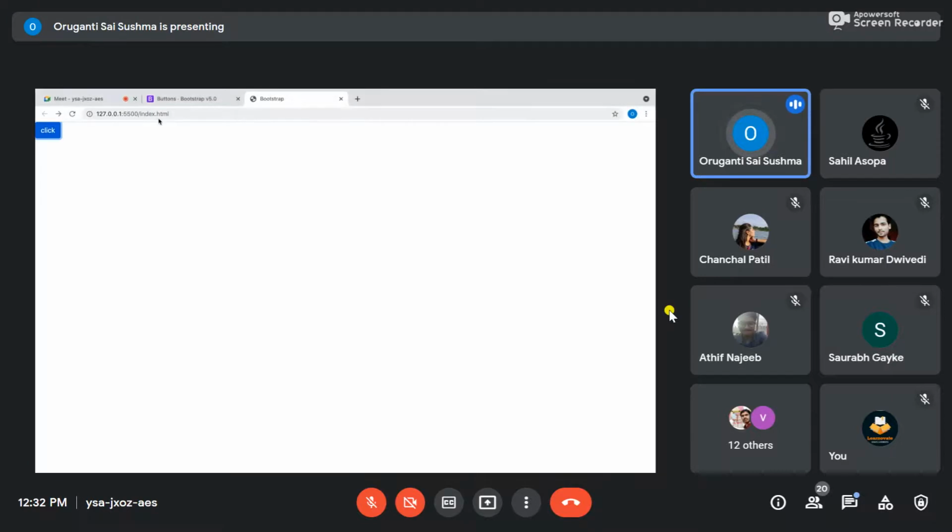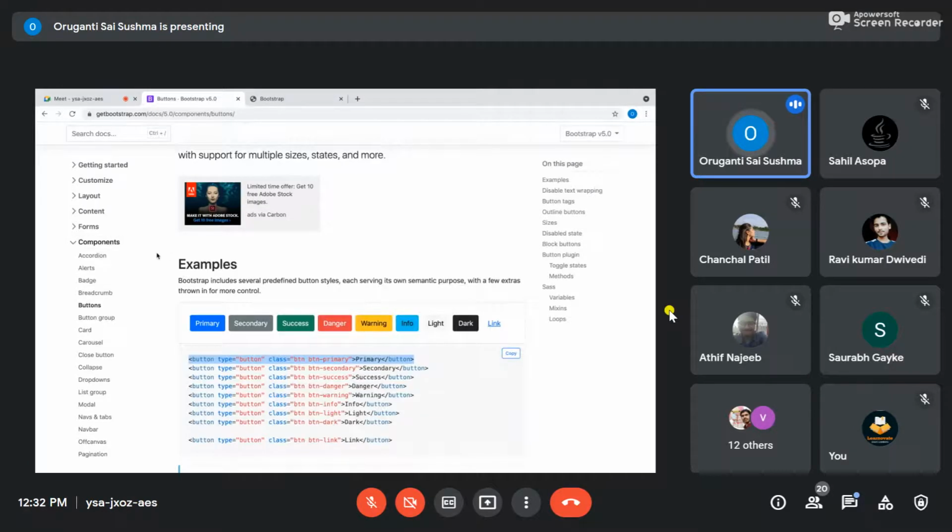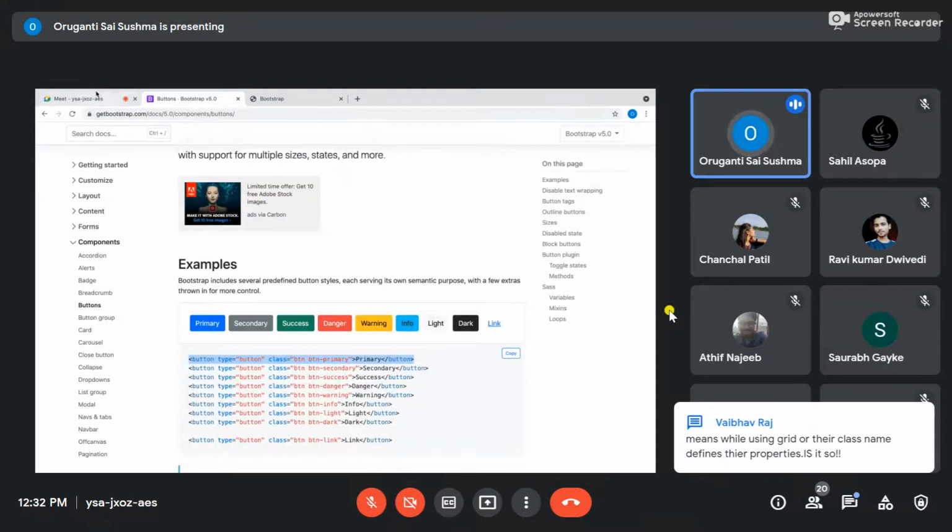Now I will show you how a model works. Model is nothing but when you click on something, suppose if you want to apply,